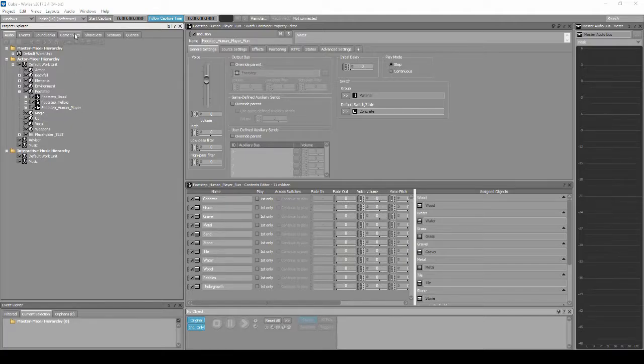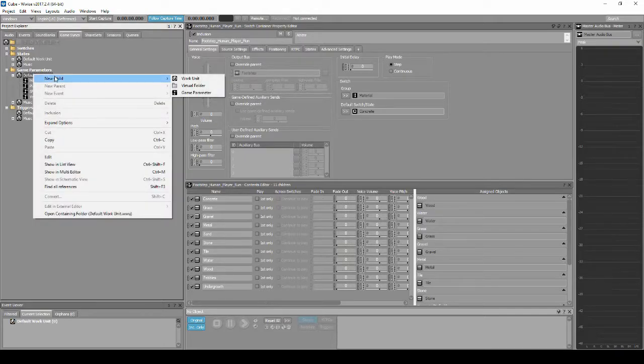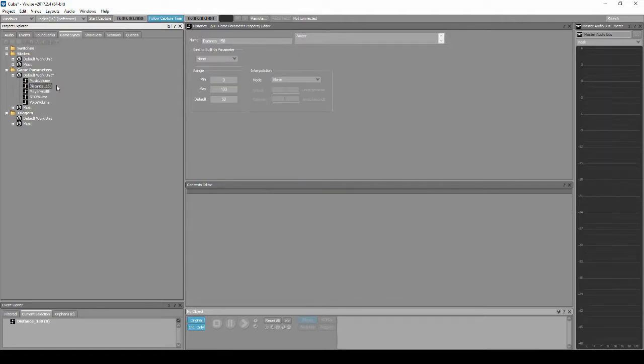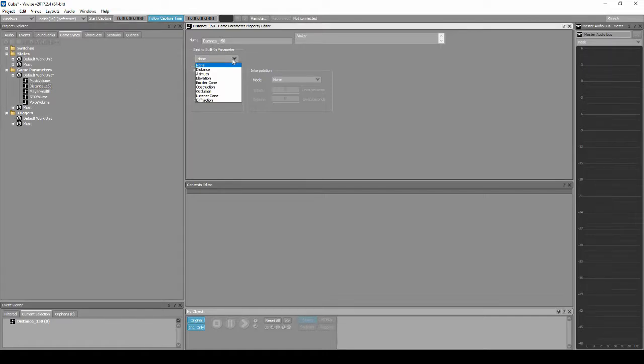7D. In the Project Explorer Game Syncs tab, under Game Parameters Default Work Unit, right-click, then select New Child, Game Parameter. Name the new parameter distance_150. Click on the parameter, change bind to built-in parameter to distance, change range max to 150. Return to the Project Explorer Audio tab,